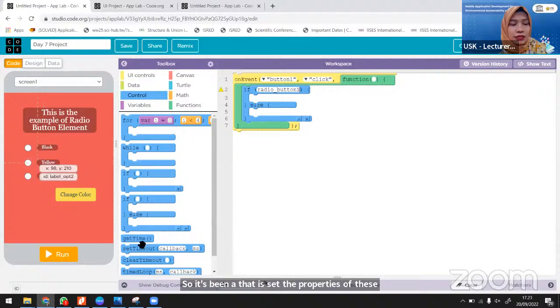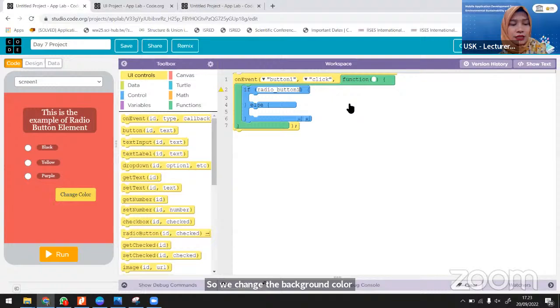So if we choose radio button 1, the properties of the screen will also change. So we go to set properties for the screen 1, because we want to change the background color on the screen. So we change the background color from, we simply